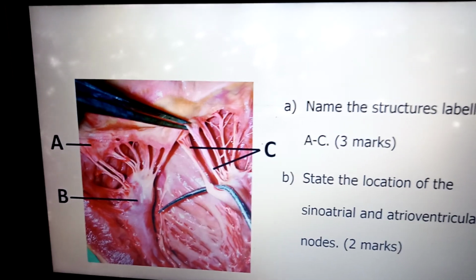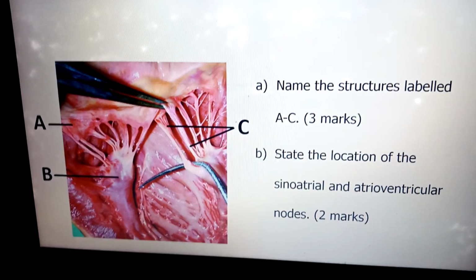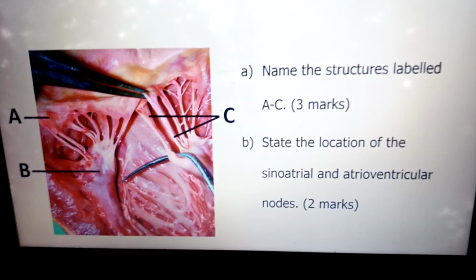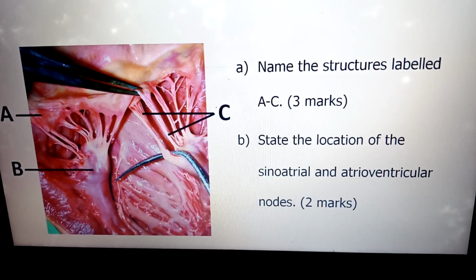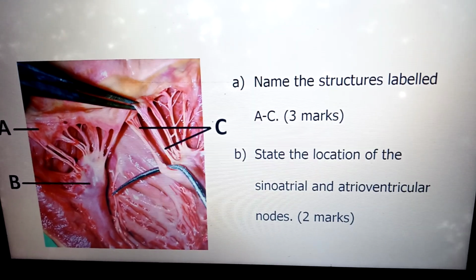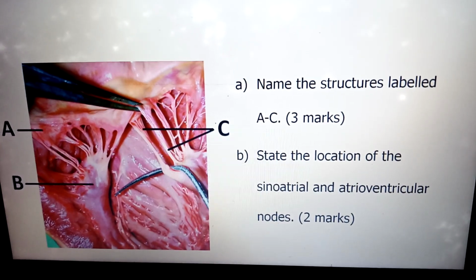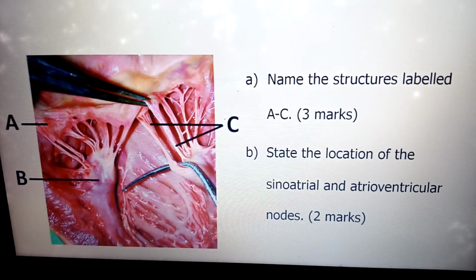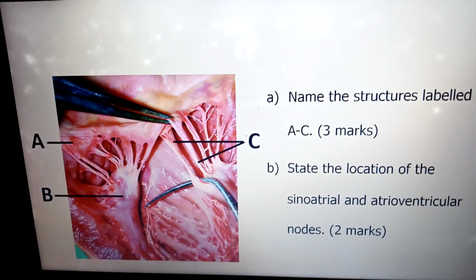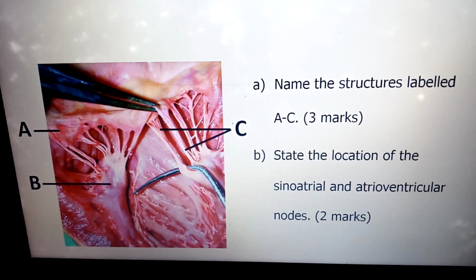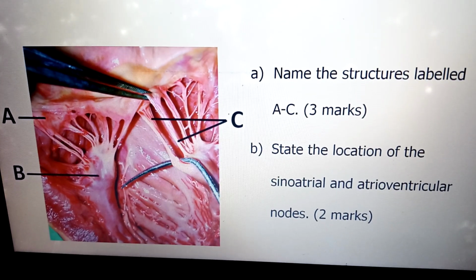Now the location of the sinoatrial node and the atrioventricular node will be, first, the sinoatrial node is found at the junction of the superior vena cava and the right atrium on the posteromedial aspect, and the atrioventricular node is found at the triangle of Koch. So you will read about the triangle of Koch, look at the boundaries, and look at nice images on your Google search, and you'll be able to see the triangle of Koch, because I cannot show it unfortunately on this image.